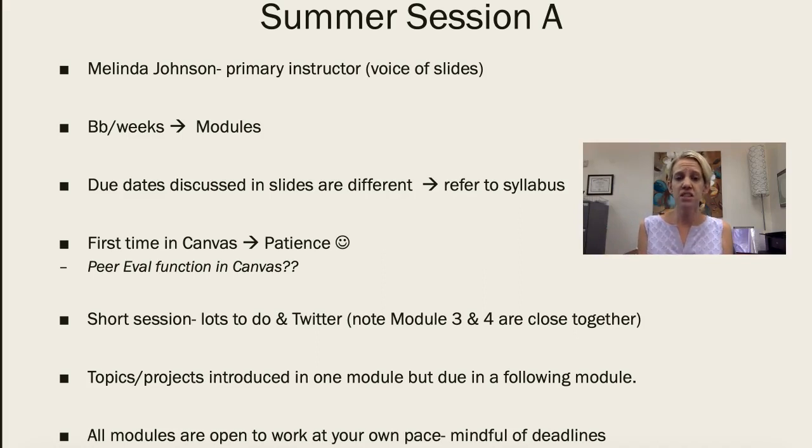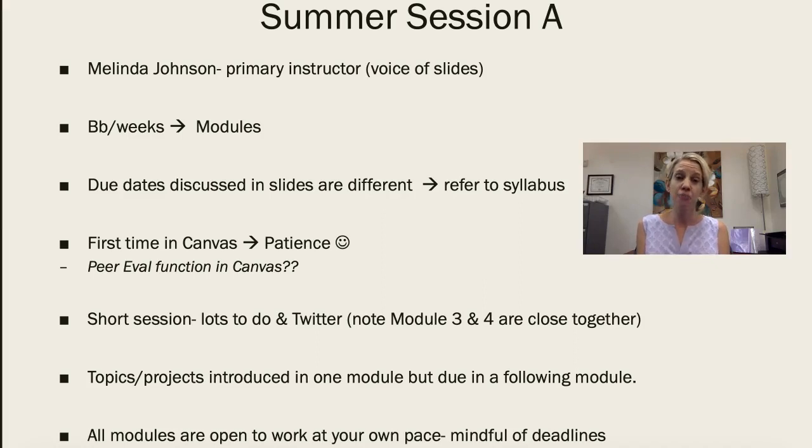As far as how the modules work, a lot of your assignments will be introduced in one module and then be due in the following module. So essentially introduced in one week and due in the following week. This is to allow you time to complete that task and assignment. Some of these assignments are going to take you time and some research to do, so make sure you carve out enough time in your schedule. A lot of them are not something you can just throw together in an afternoon. With research, and depending on the topics you select, it could take a little bit of time.